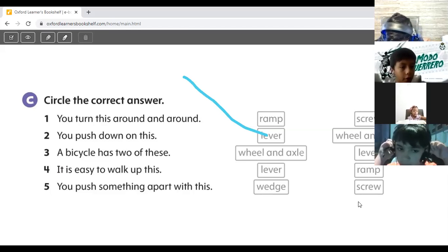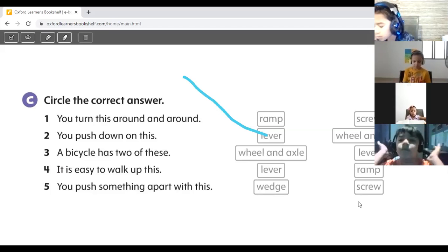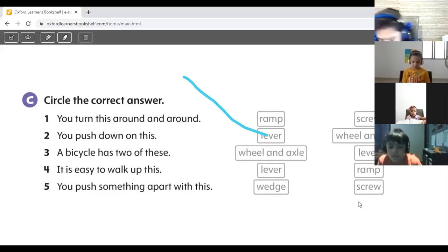A bicycle has 2 of these. Okay, listen. A bicycle has 2 of these. Which one is the correct answer, Francisco? A bicycle has 2 of these. Which one is the correct answer? Wheel and axle. Very good. Wheel and axle, correct. Number 4,